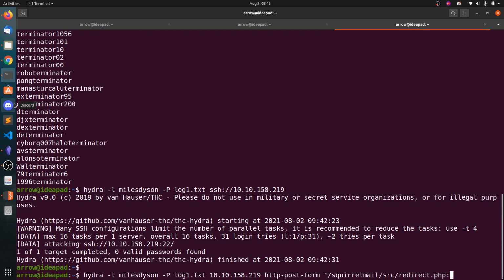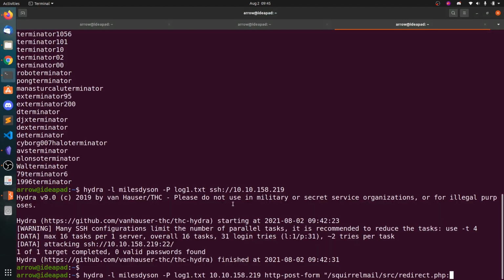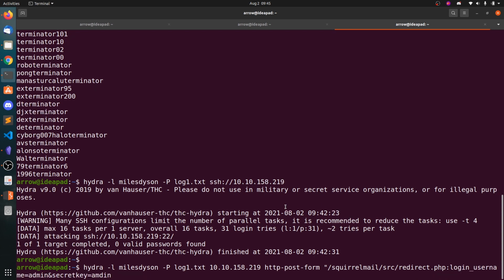and paste here, and the second option you need to pass is the actual data you want to send. So this is the data. And now here change this to ^PASS^. So the passwords from this text file will be replaced one by one and the request will be sent, and change this username to ^USER^.